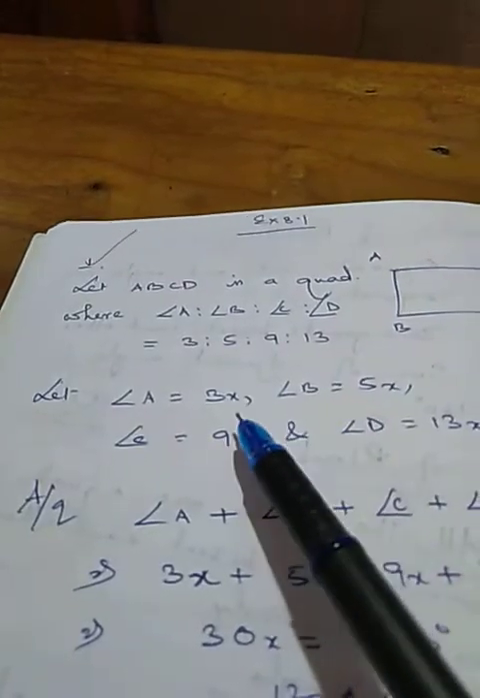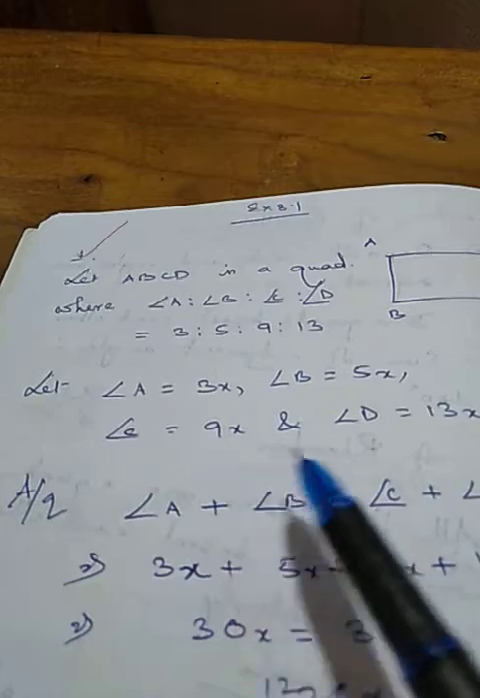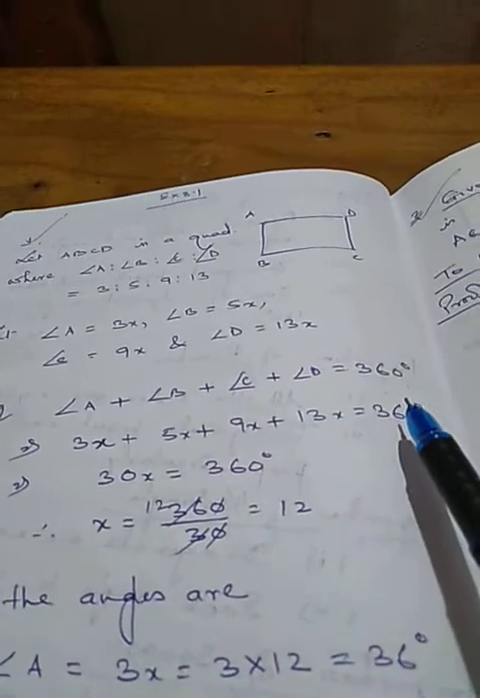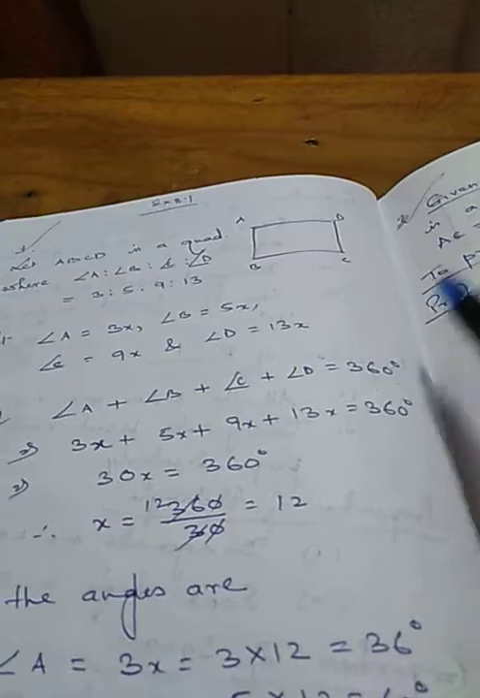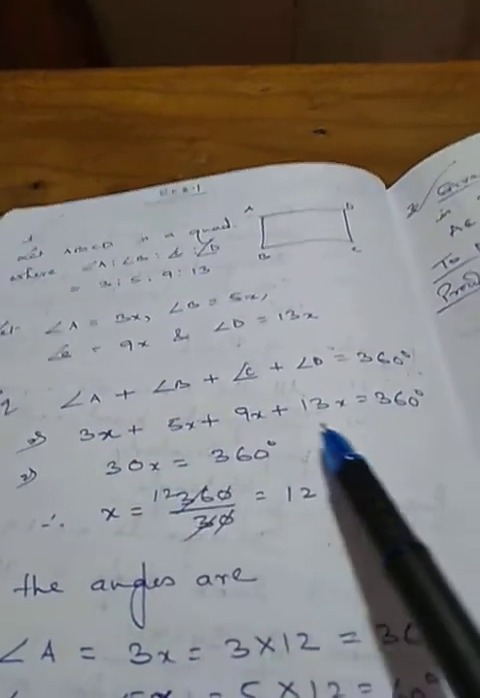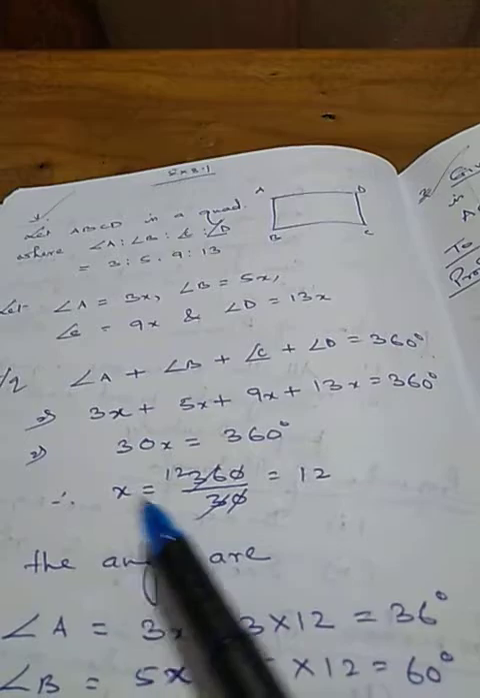So let A equal 3x, as it is given in the proportion, B equals 5x, C equals 9x and D equals 13x. Now, all of you, what is the angle sum property of a quadrilateral? 360 degrees. If you add all the angles of any type of quadrilateral, you always get 360 degrees. So now we are putting in the values and equating with 360. As we add, we get 30x equals 360, therefore x equals